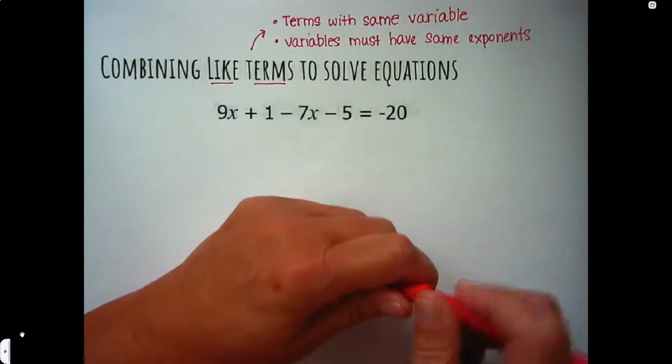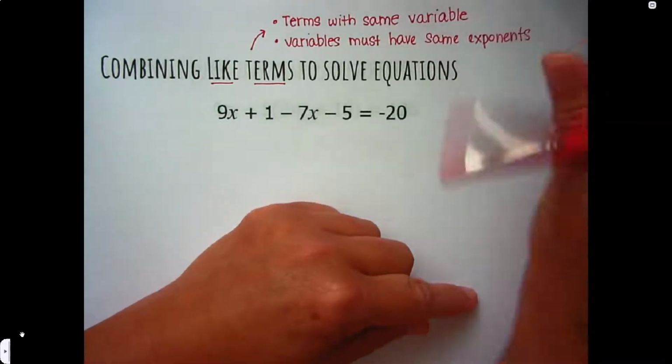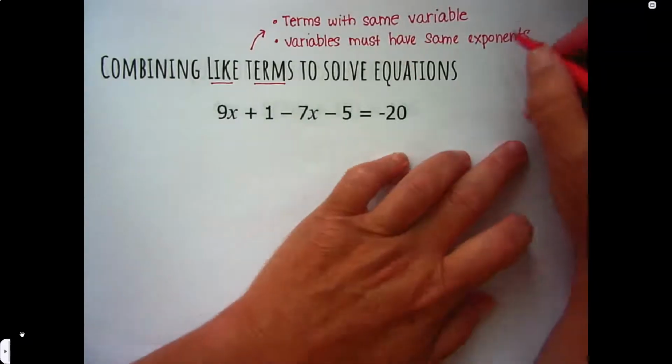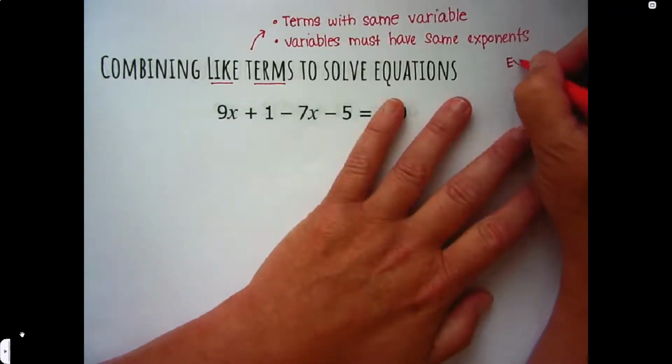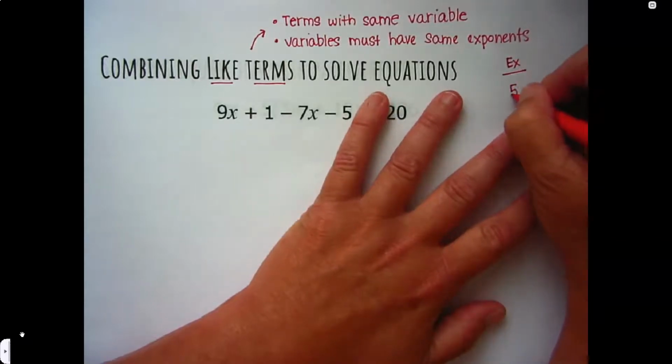So for two terms to be like terms, they have to have the same variables, and those variables must have the same exponents. So just for example, over here, if I have 5x